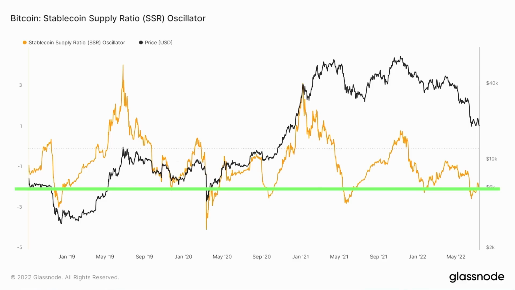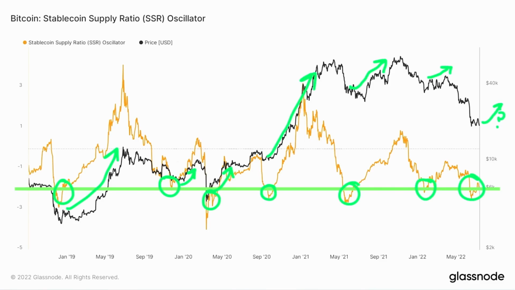So the black stuff here is the price of Bitcoin, yellow, orange is the SSR oscillator. So I've highlighted here, every single time the market has spiked below the -2 level and then corrected back up, price has then followed. This one here looks a bit dodgy, but it still goes from 30K to 45K. There was a nice rally there. And what we're seeing right now is a dip below the -2 level, and a correction. So is this the beginning of another correction back to 40, 50K? Who knows?